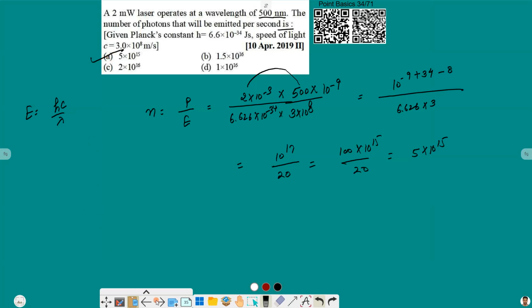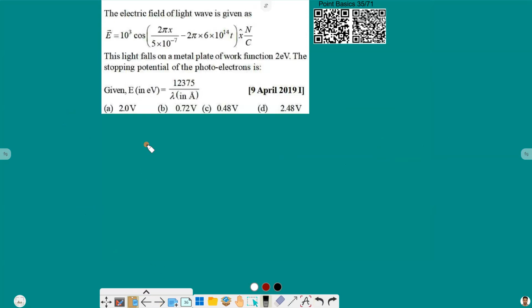Moving to the next one. The electric field of a light wave is given by this equation. The light falls on a plate of work function 2 electron volt. The stopping potential of the photoelectron is, and here the value for E is given. So first of all, what we have to do is find out lambda here. And how can we find lambda? The standard electric field equation is A cos of kx minus omega t. That will be the standard equation here. So from the k,